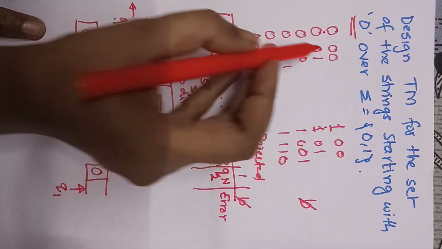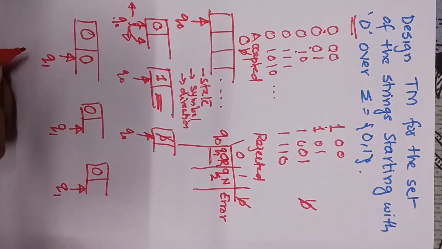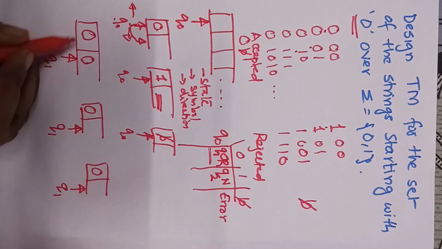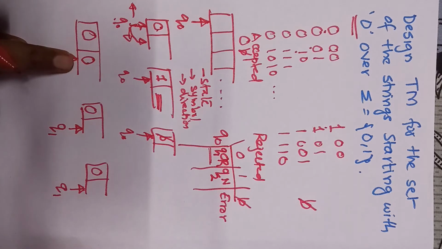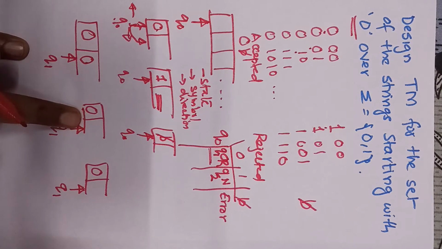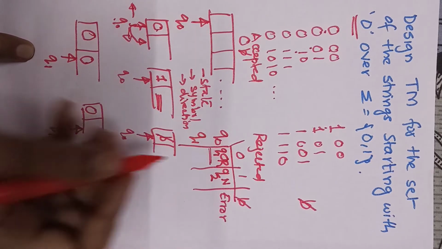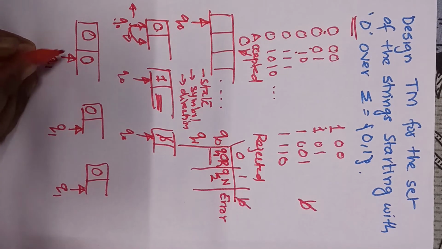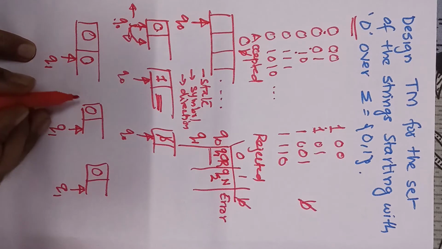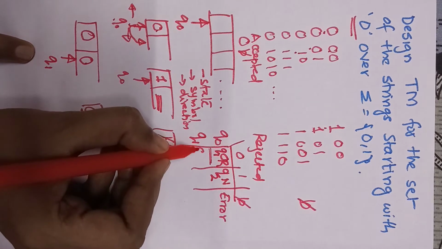After 0 can be 0. So if it is 0, whether it is accepted or rejected. After the first bit is fixed, that it started with 0, the remaining portion of the string can be 0 and 1, and that is also accepting. So q1 with 0 is also accepted. Do you want to change the state? No, I can keep it as it is because I'm not interested in reading the rest of the string. I am interested in getting the blank, that is the end of the string. So I will mark q1 only.